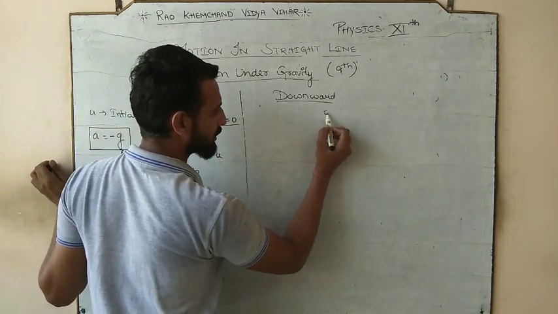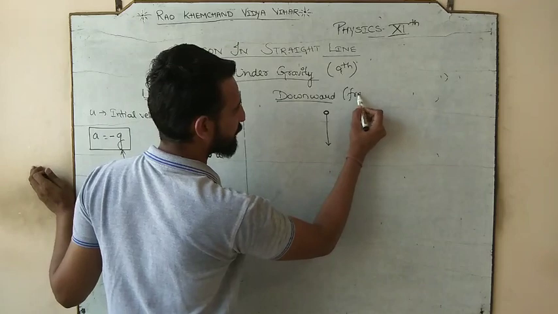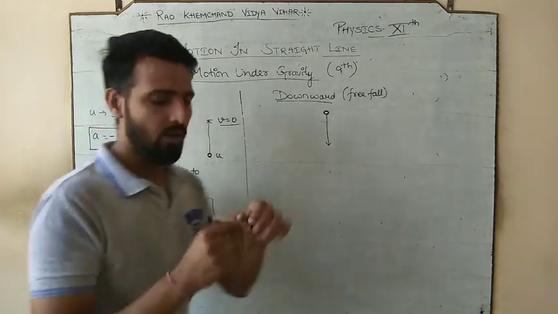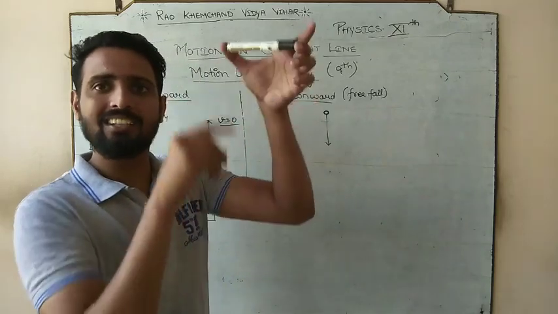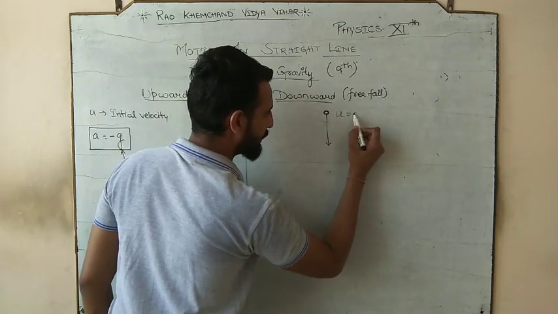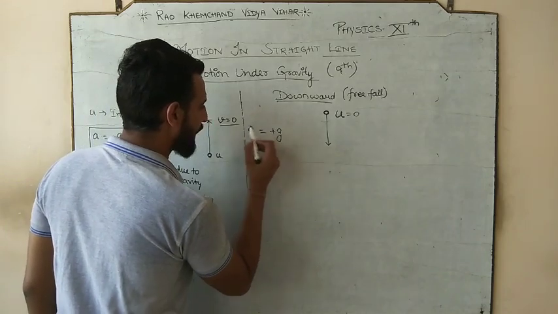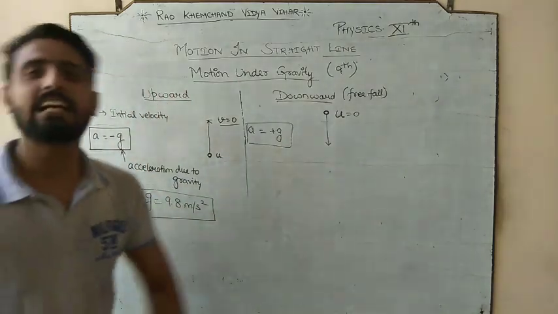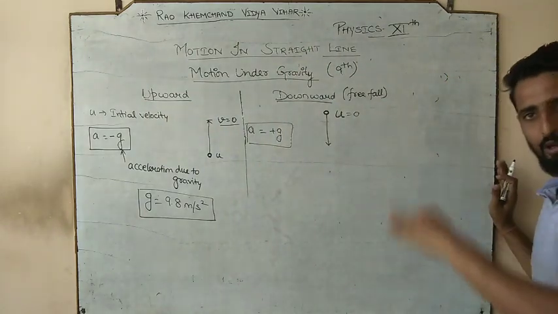Now in downward motion we have a body and we are allowing that body to be in free fall. So downward free fall I am talking about. Free fall means you are just letting go of the body from here. आपने बॉडी को केवल यहां से छोड़ दिया. So when you just leave the body here, your initial velocity would be 0 and your acceleration would be plus g. Why? Because in the downward motion we are working with gravity. हम gravity के साथ काम कर रहे हैं, because gravity will also allow us to fall downward.